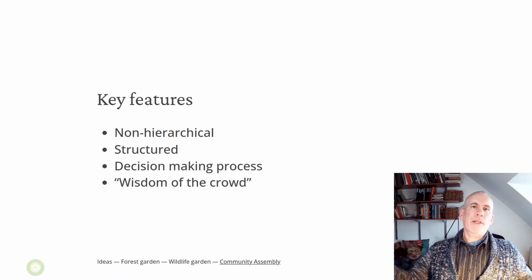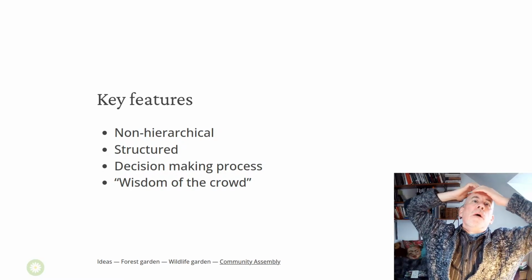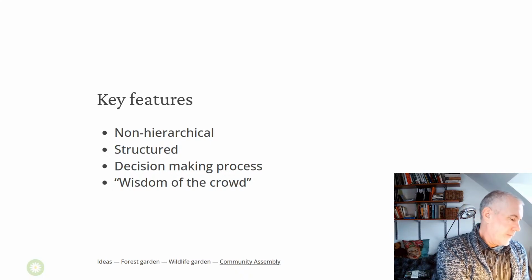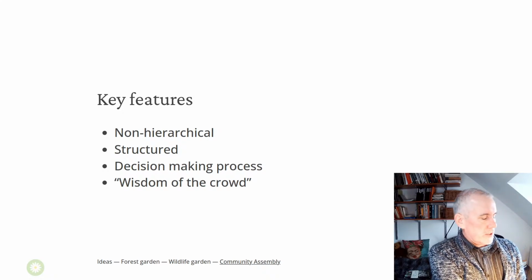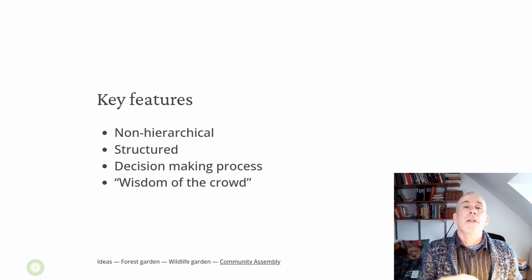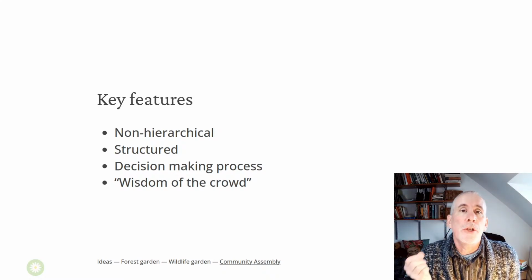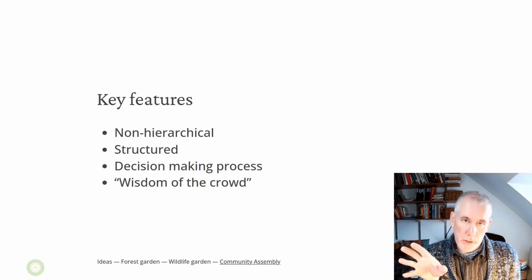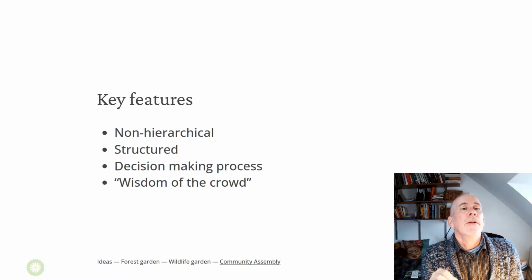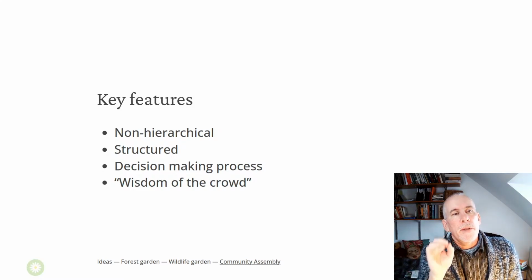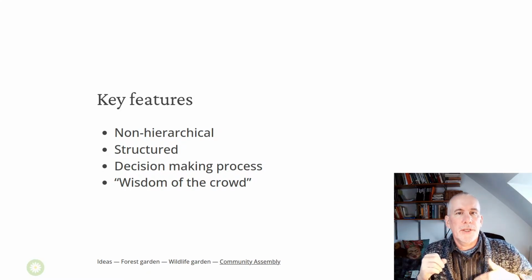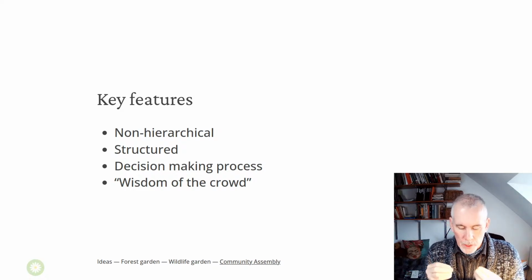They're chosen. They're not necessarily the same people each time, but the decisions are made by the group as a whole. And this is the kind of interesting thing. There's a thing called sociocracy as well, which I would like to look at, where decisions are arrived at by agreement, not by voting. So you have to have agreement amongst everybody to make the course of action. So community assemblies are non-hierarchical, and they're structured, and the decision-making process is, and I'll just explain very,